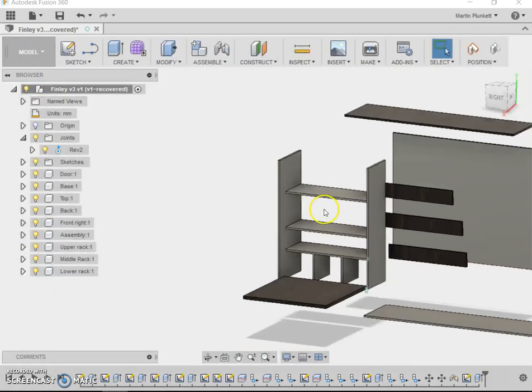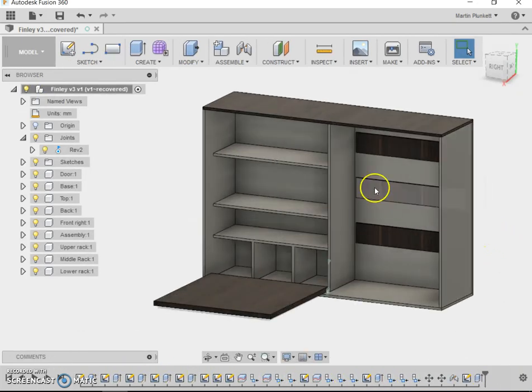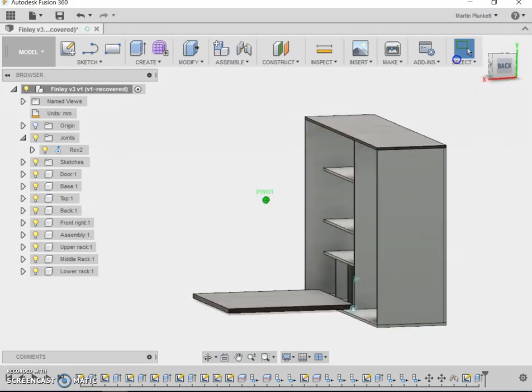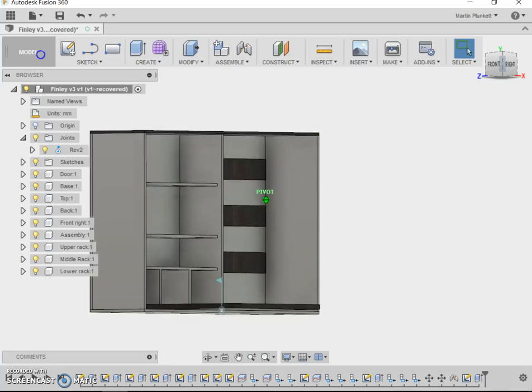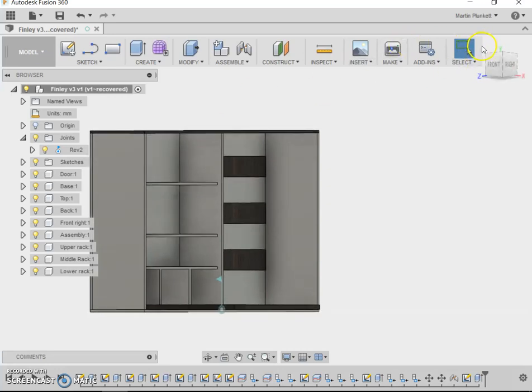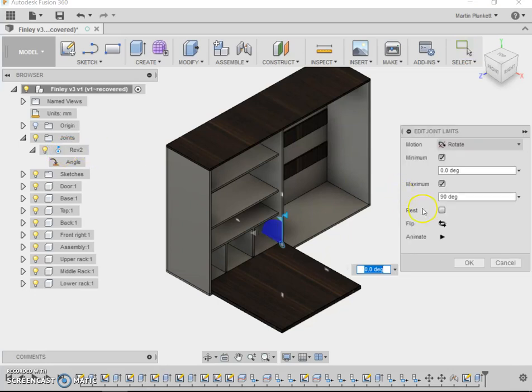modelling part. I'm going to window wipe that. That's a term I use. It's quite handy. And I'm going to look closely at the visual. Anyway, that's it. This is the power of Fusion 360. I'm going to put that back into an isometric view here and do one more test of the animation so you can see that